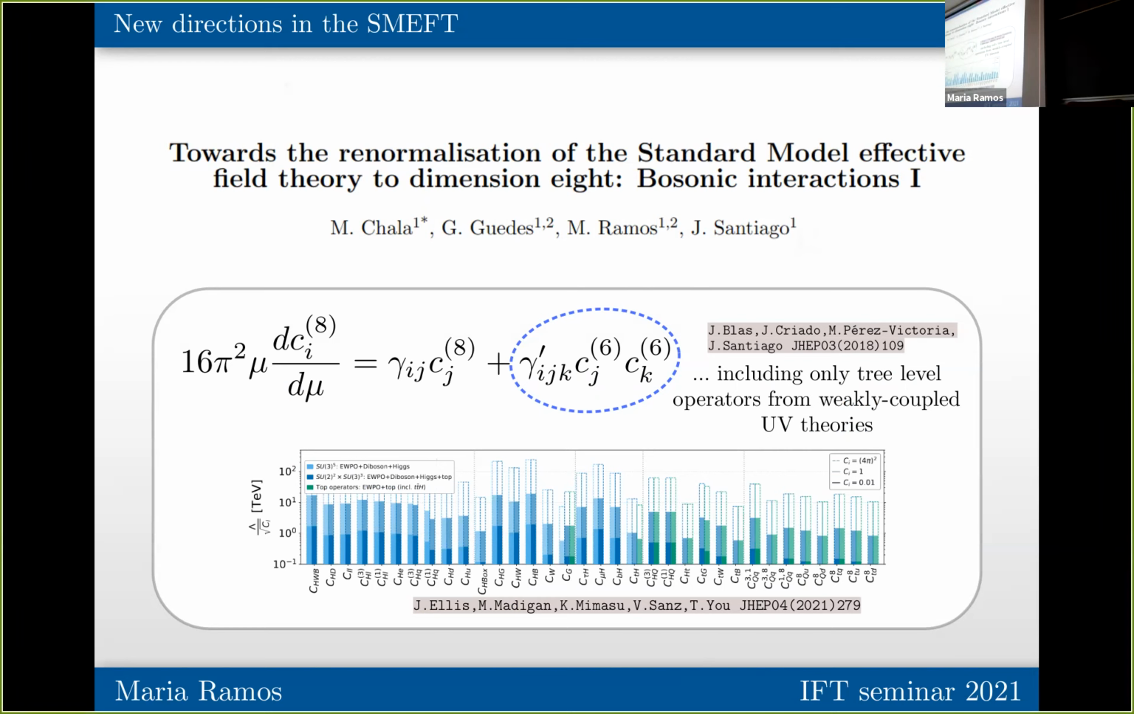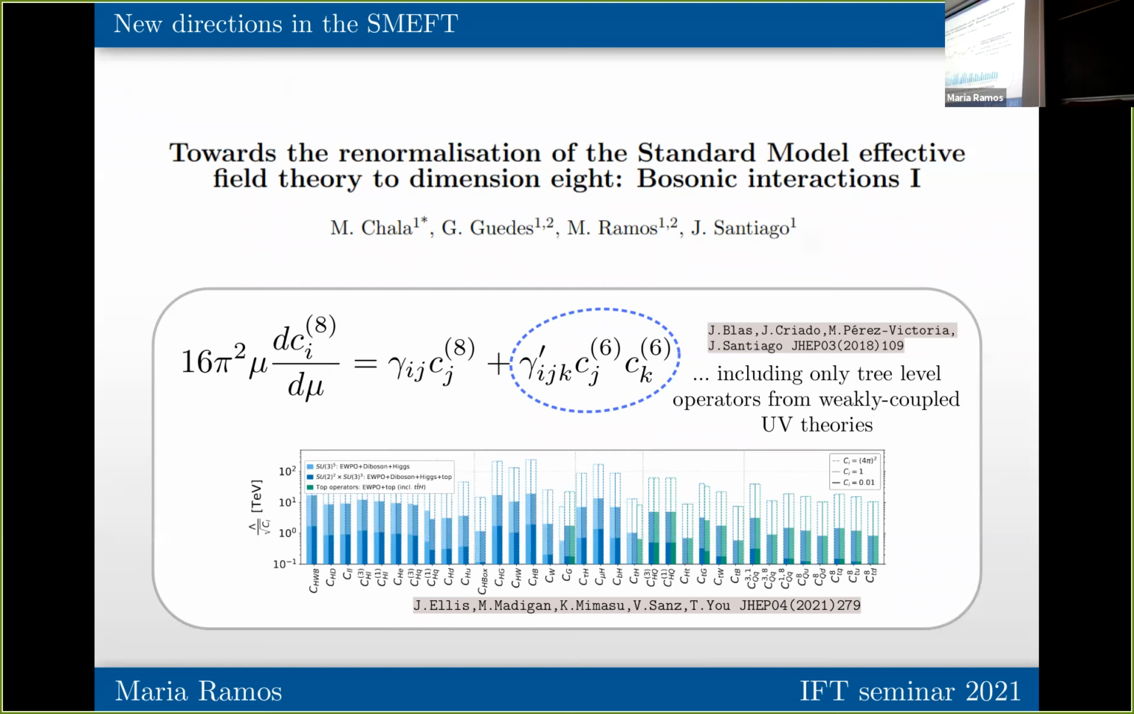Okay, here. But there's also a second contribution that we consider, which is from inserting two of dimension 6, because they will give a correction of order 1 over lambda to the 4th. And we consider this by including only the dimension 6 interactions, which could be generated at tree level from weakly coupled renormalizable UV theories, which are classified here in this dictionary with this reference here. And there are two